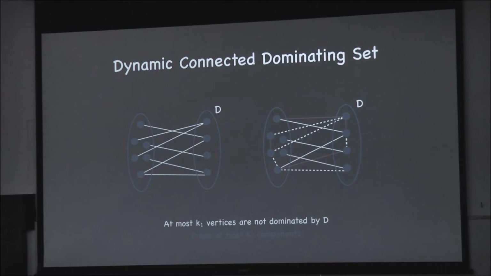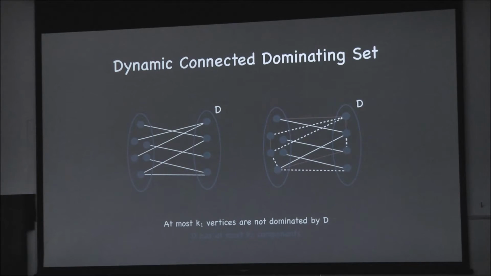Now, in the case of dominating set, deleting edges within D is not an issue. But here, deleting edges within D is an issue because we want a connected dominating set. Okay? So that is also a problem. Edge deletions within D could also be an issue, is what I mean. Alright. So, yeah. But anyway, again, the number of edge deletions is at most K. I think I have mixed up the notation for K1 and K2. So let's assume K for both. It doesn't matter.